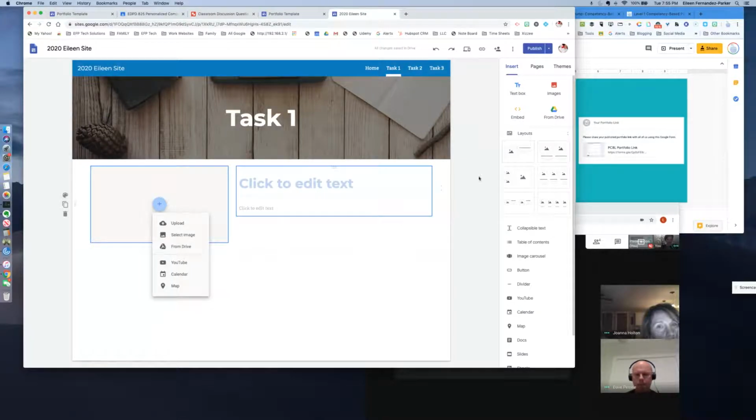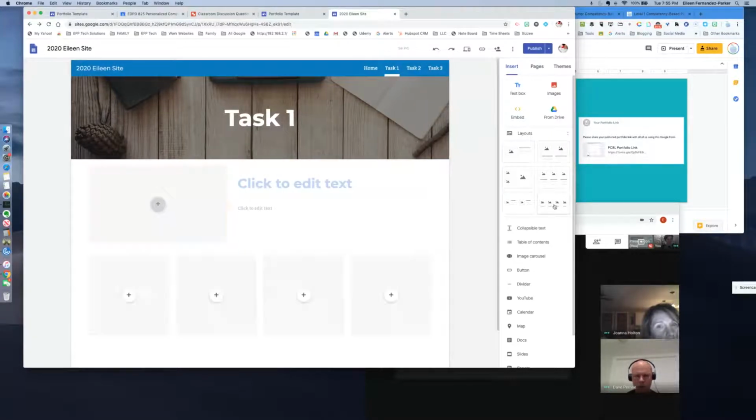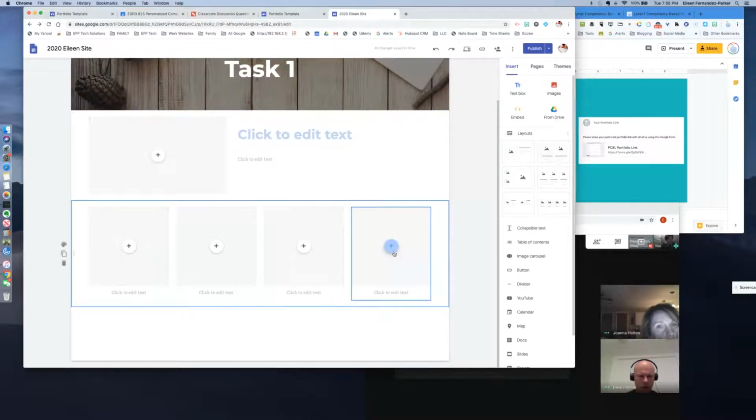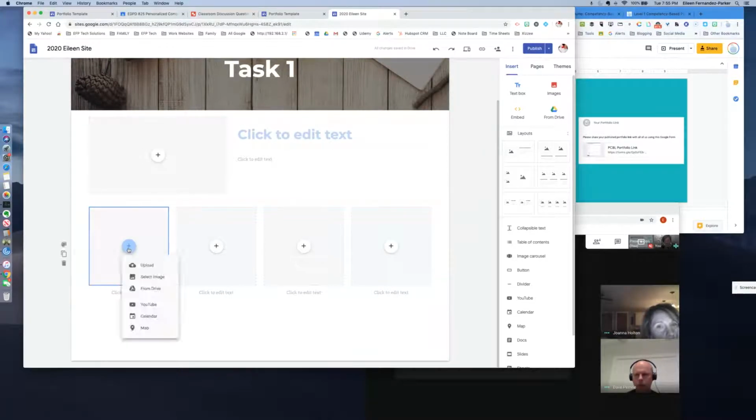Okay, so it goes all the way down to 4. It does a single with text. It does 4 pictures or 4 items with text. And what's really nice is you can pick anything that resides in Drive and plunk it right onto your website. So if you have pictures in Drive, you can just go grab your pictures and put